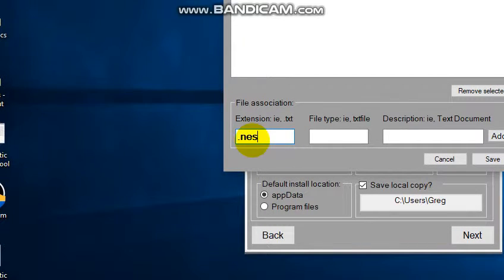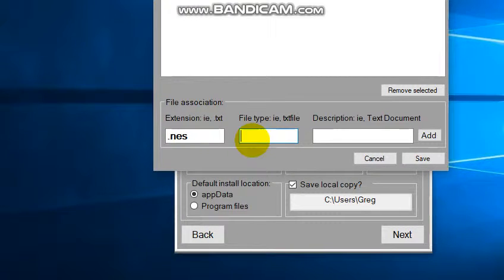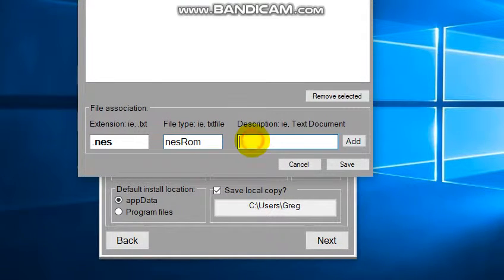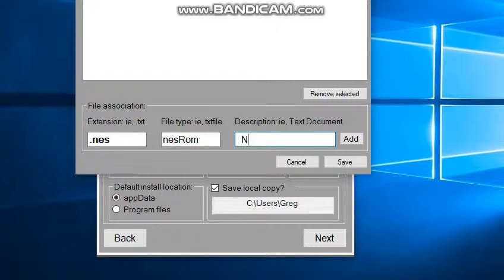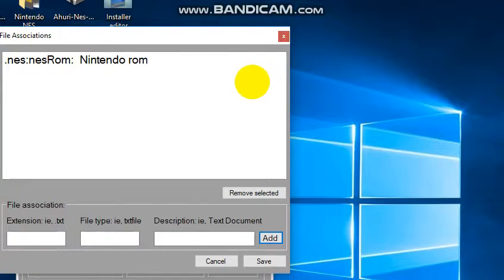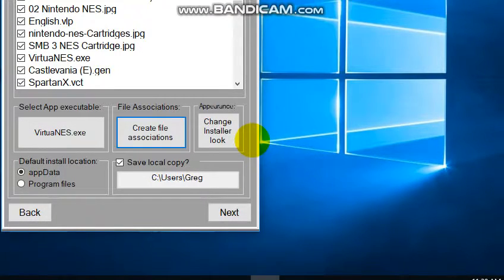For this example, the Nintendo emulator uses the .NES file extension for its ROMs, so we're going to create a file extension association for that, so it'll be easily identifiable and you can just double click a Nintendo game and load it up. We're going to click add, and it's going to add this file association to the installer, so when you install it,